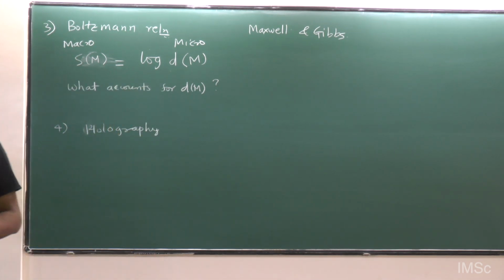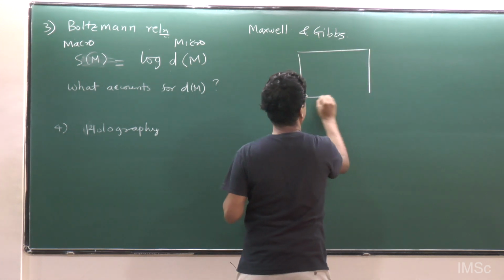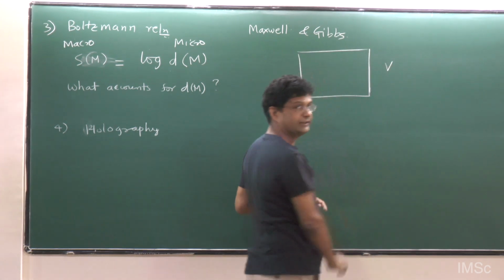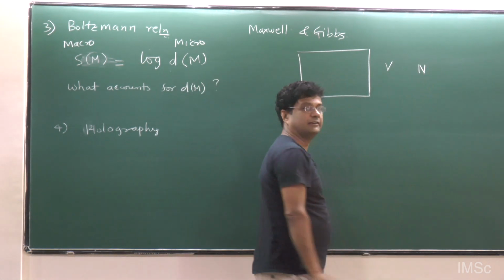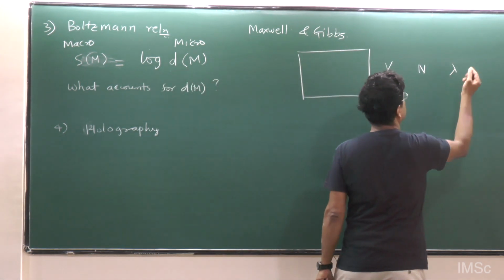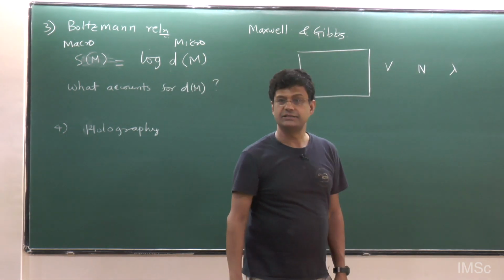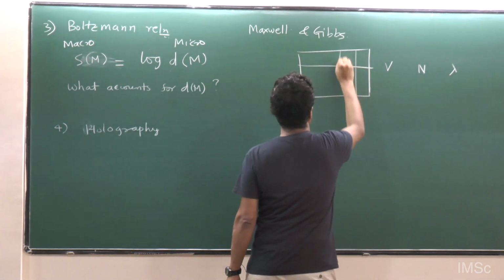The kinetic theory of gases, we take it for granted, right? That there is an ideal gas, right? You do this in your high school or undergraduate physics. And what is the idea? That you basically, suppose you have a room full with some volume V, and if you have n nitrogen molecules in this room with some typical size lambda, which is typically the thermal wavelength of this, then it becomes a counting problem.